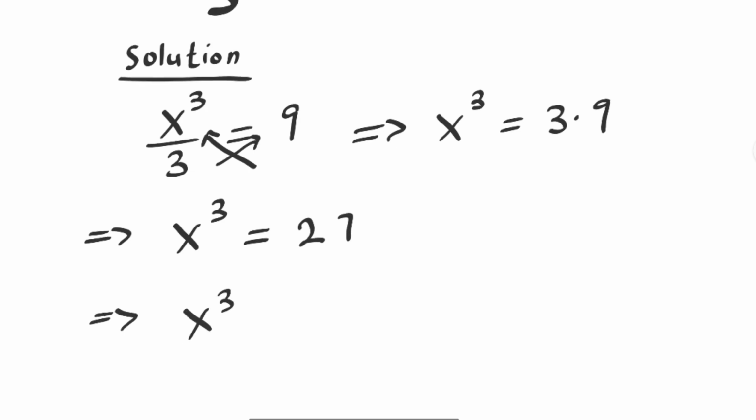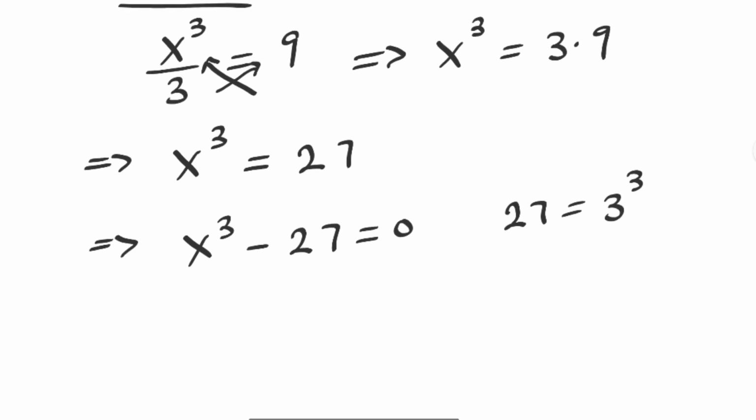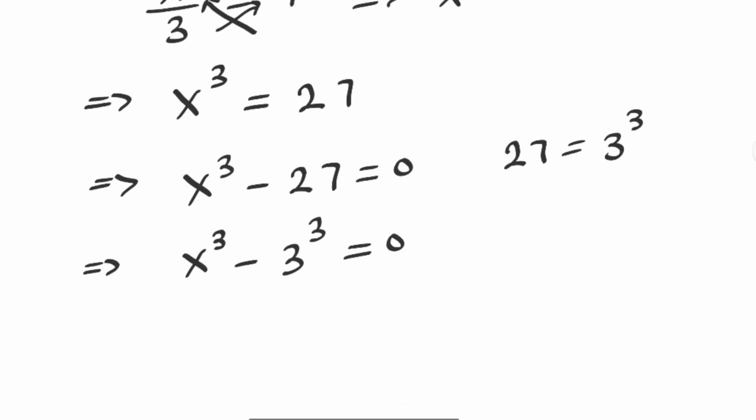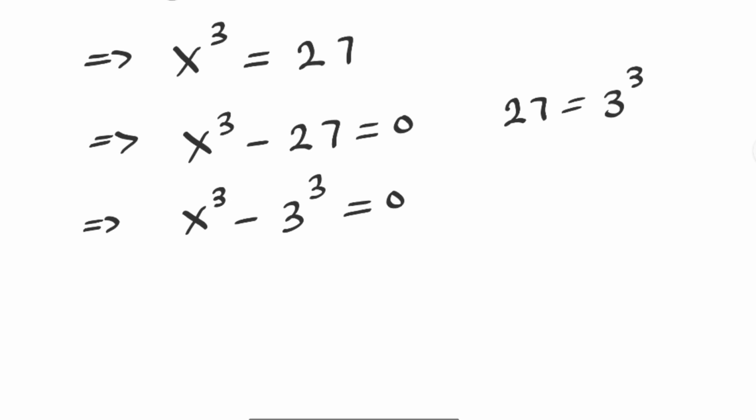S raised to power 3 minus 27 is equal to 0. Now note that 27 is equal to 3 raised to power 3. S raised to power 3 minus 3 raised to power 3 is equal to 0. Take note of this, that if you have a raised to power 3 minus b raised to power 3, this is equal to a minus b